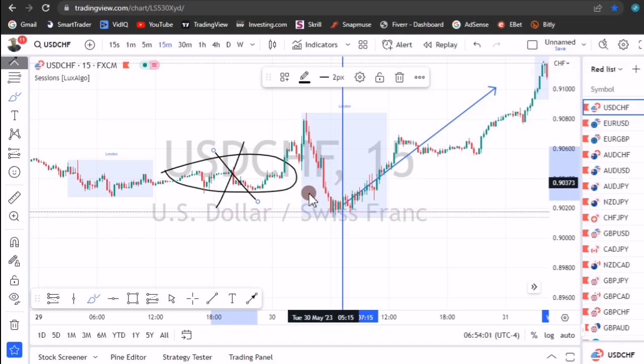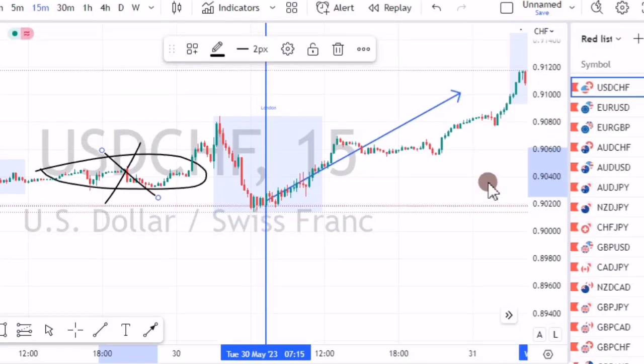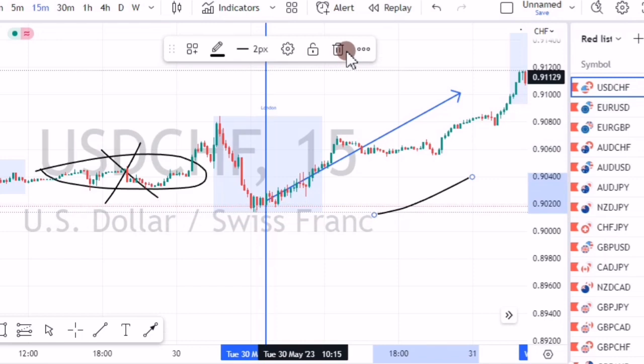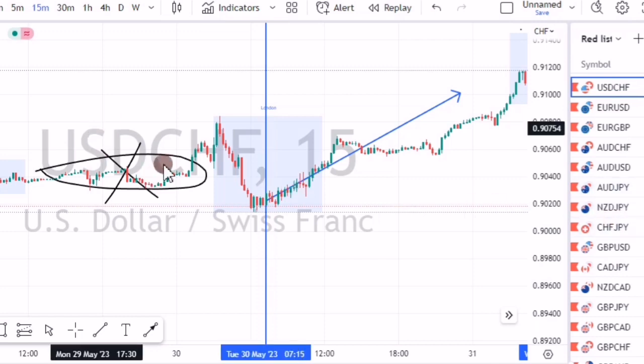If you are trading on mobile, I shared a video of how you can set up this whole system on your mobile phone. What is important is understanding the right time to trade each and every pair. Now, here's the thing. You have to be a hard worker in Forex. I might not have all the time to share the right time to trade all these pairs. But once you have this tool,